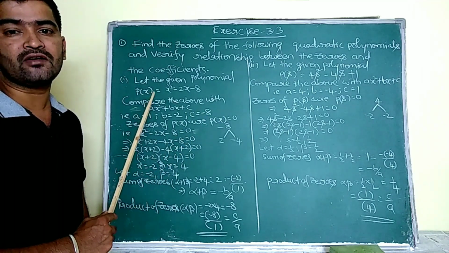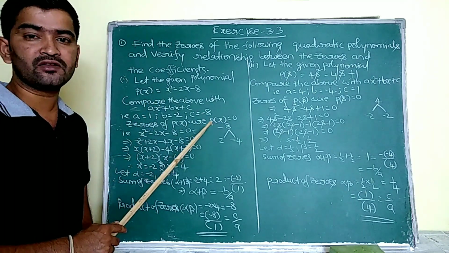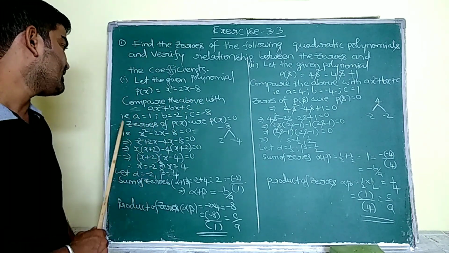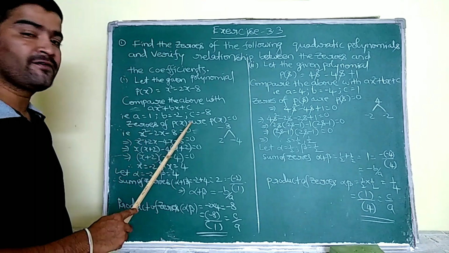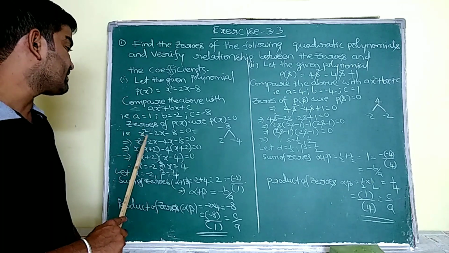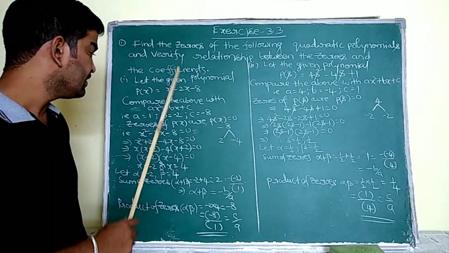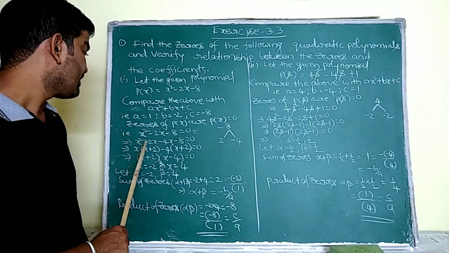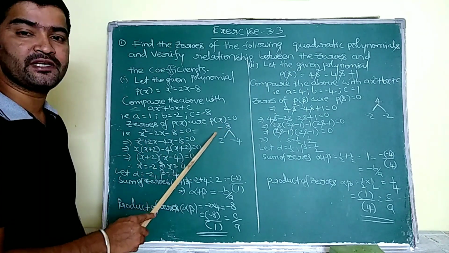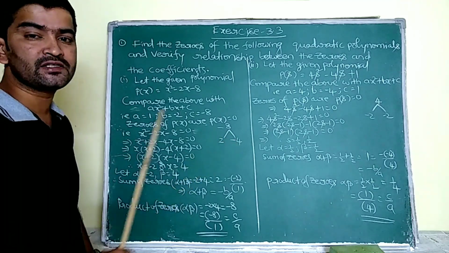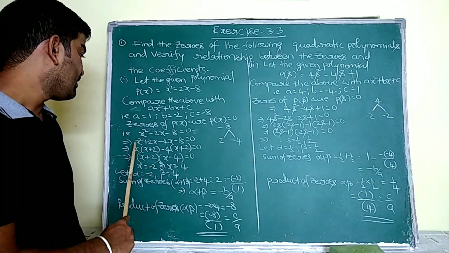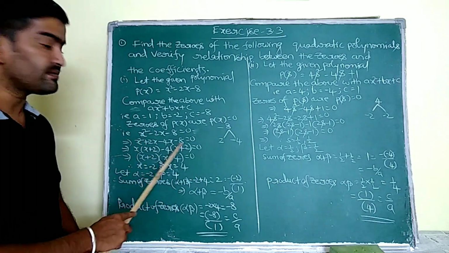Now we are going to calculate the zeros. After obtaining those zeros, we are going to verify the relationship between those zeros and these coefficients. Therefore, the zeros of p(x) are given by p(x) = 0. That is why we equate x² - 2x - 8 to 0. This -8 into 1 is -8, and it is going to be split into two values, that is 2 into -4, to obtain the middle term -2. Now x² + 2x - 4x - 8 is equal to 0.